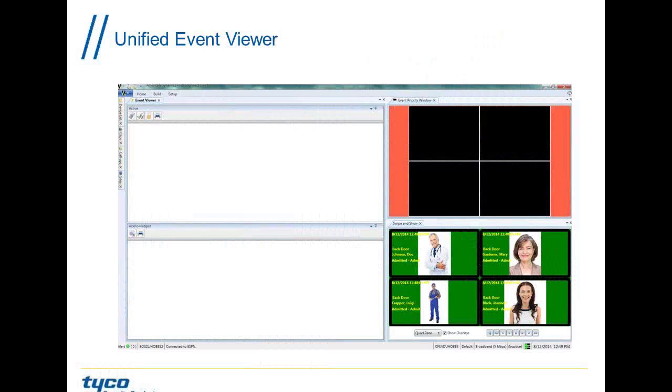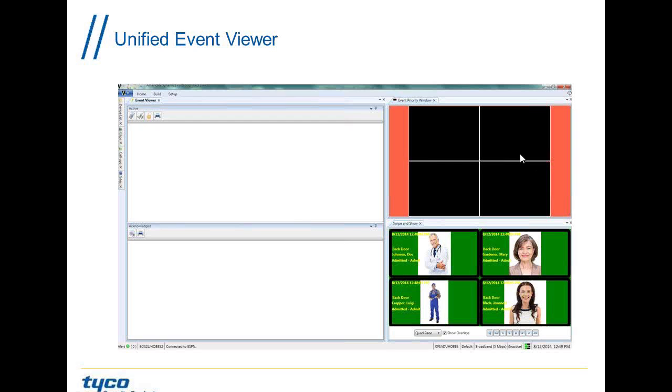Good day, everybody. As you can see here, this look is very familiar to a lot of you guys that are using a current version of C-Tier 9000. Over here, we're going to look at our swipe and show features. As everybody comes in and badges, this is going to be very dynamic, switching to anybody coming in